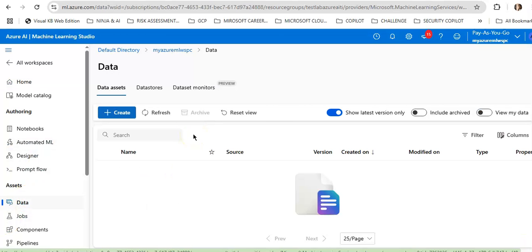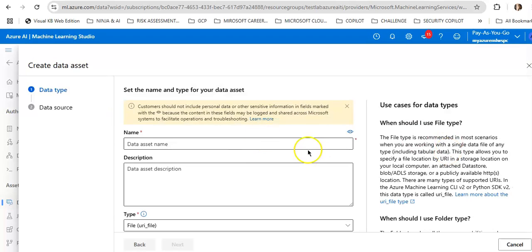So the basic steps to create a predictive model in Azure Machine Learning Studio is first to create a workspace that we have created, and then we have to prepare the data. We need to import the data. We need to load the data into this workspace from various sources, which can be local files, blob storage, or Azure SQL database as well. So if I see the data assets, right? So if I'm going to create a data asset here,